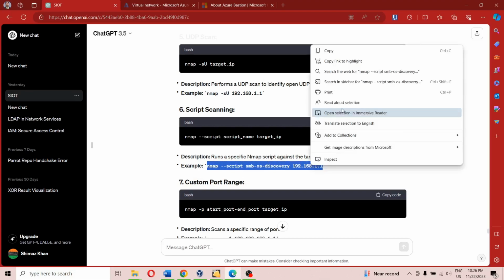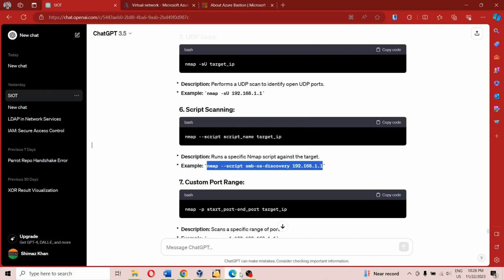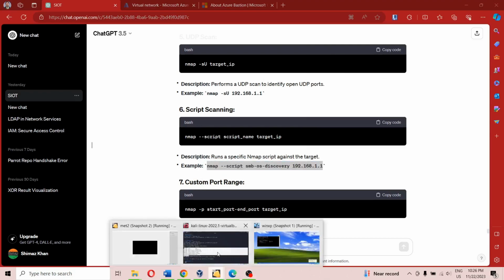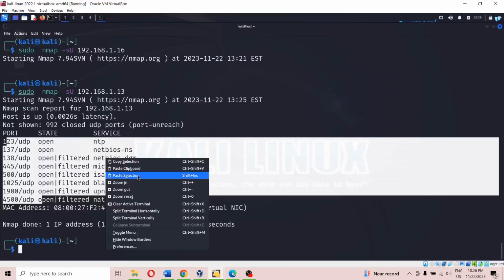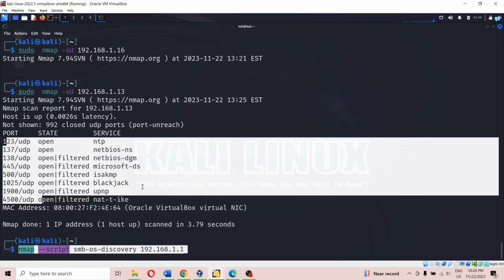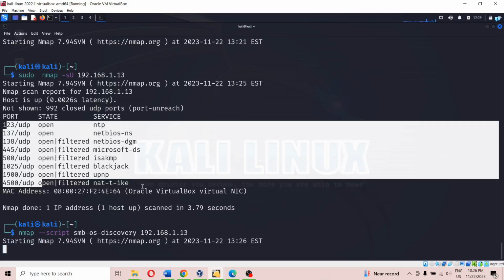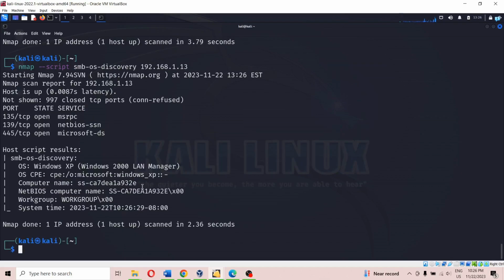It is a script which we are going to run to find the operating system. So our system is 13. So let's try this. The name of the script is smb-os-discovery, and this is giving us the name of